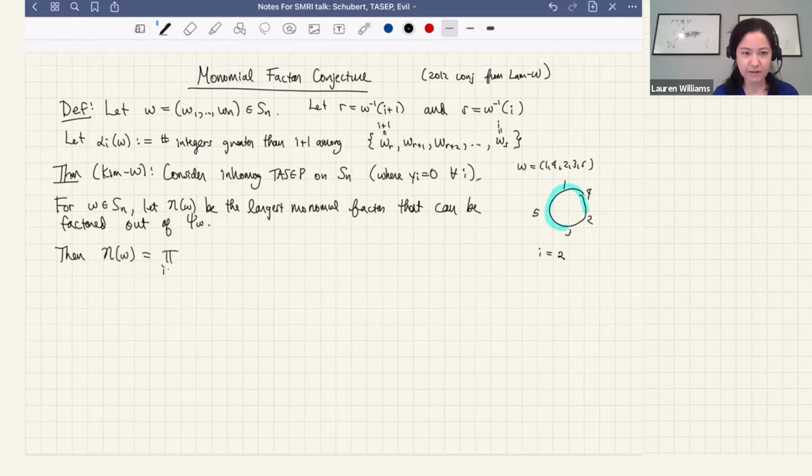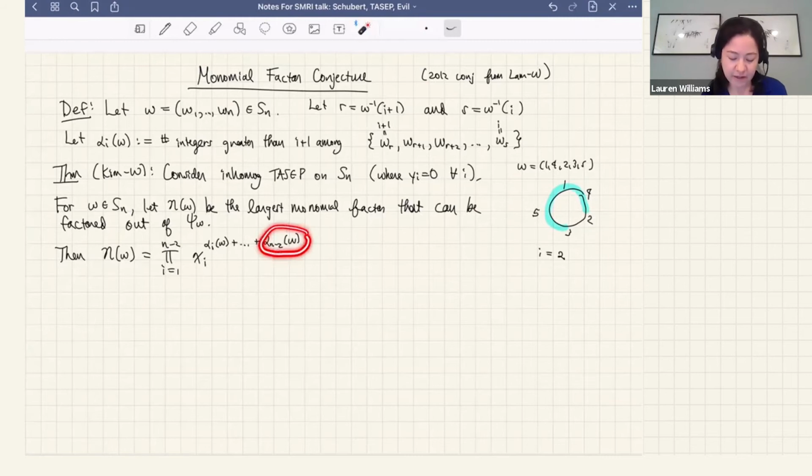It's the product, as i goes from 1 to n minus 2, of x_i to the alpha_i of W plus alpha_{i+1} of W plus ... plus alpha_{n-2} of W. So just to unpack what this numerator is doing,